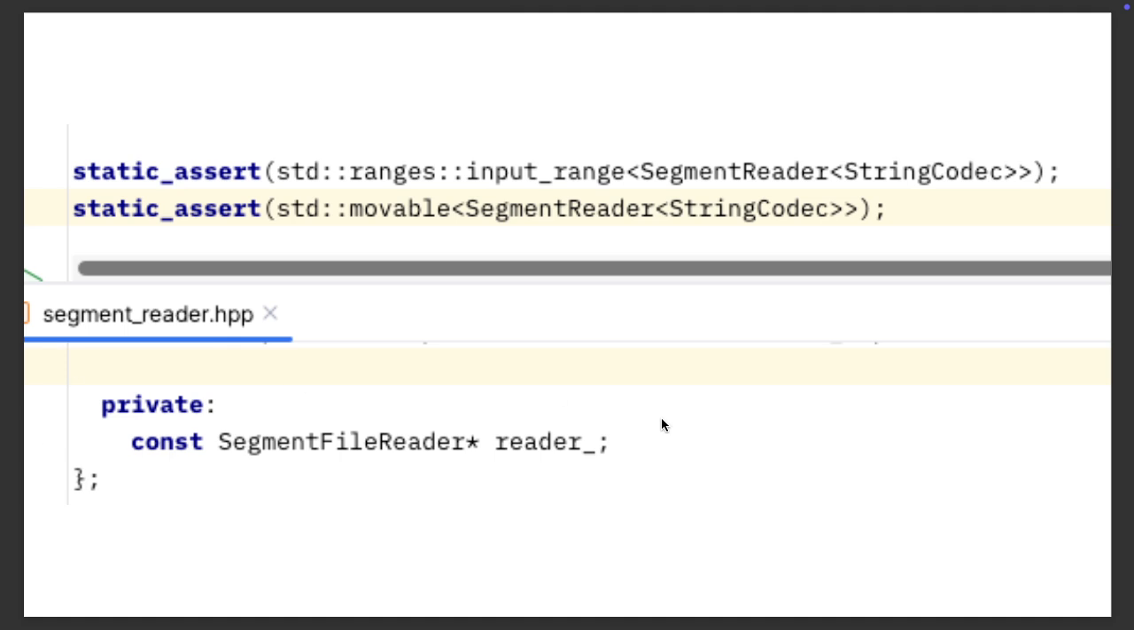But one of the reasons why it can be not movable is if, for example, you use references. So in the bottom you can see this reader is a pointer, but before it was a reference. So the problem is that if you use references, by C++ kind of rules, a reference cannot be moved from, well, you can move from a non-const reference, you can move some underlying value, but you cannot move the reference itself. So kind of it's hard to